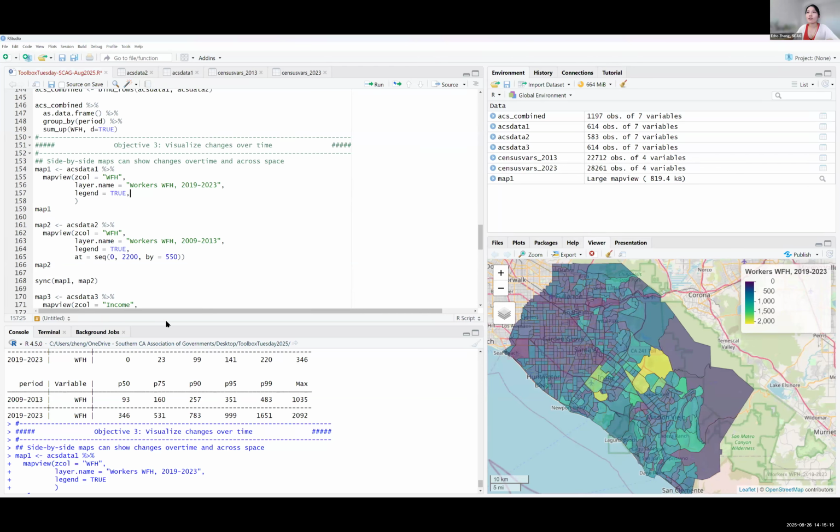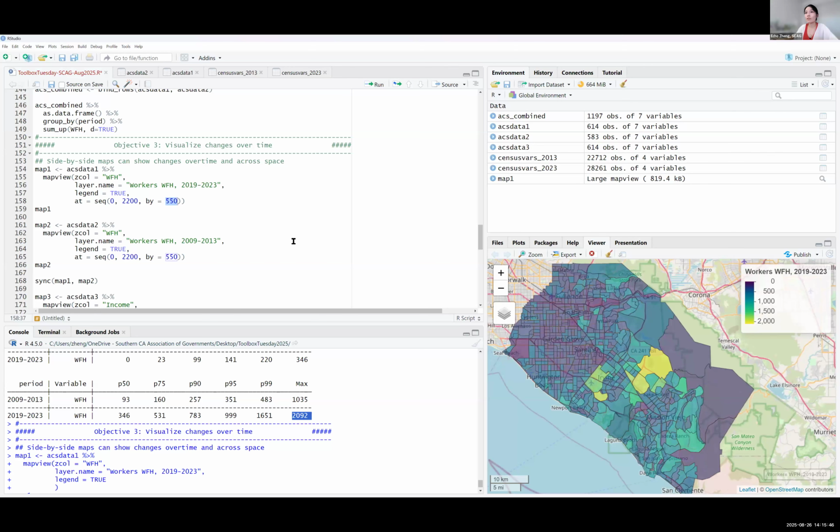But if you want to have a little more control over how this is shown, you can add the spec here. So here I'm telling R for the legends to start from 0, cap at 2200, and I want like 4 bins, which makes each bin 550.